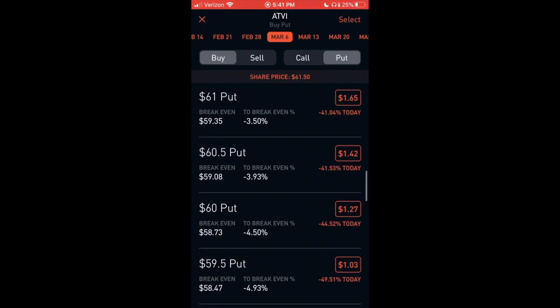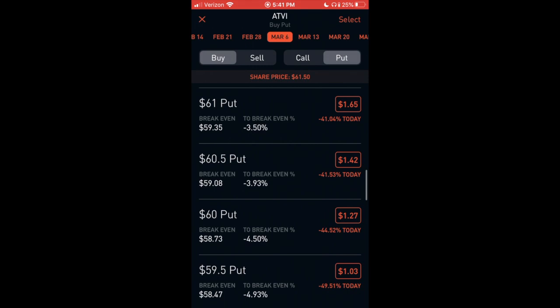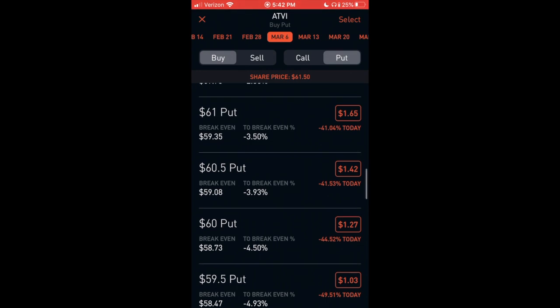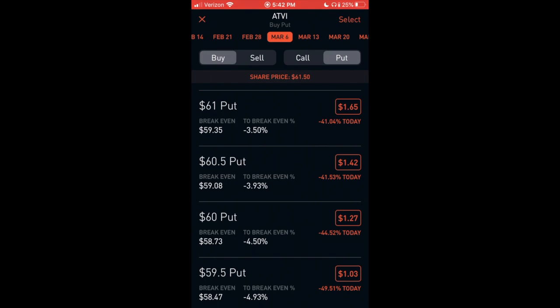So again, it's going to show the details, break-even price, percentage to break-even. Now this is the big difference. Buying a put says, I believe this stock is going down. So the price difference is going to be significant versus selling a call and vice versa. So right here, I believe this stock's going down. I'm betting, I'm putting my money that Activision on March 6th, the price is going to be lower than $61.50. This option contract is only